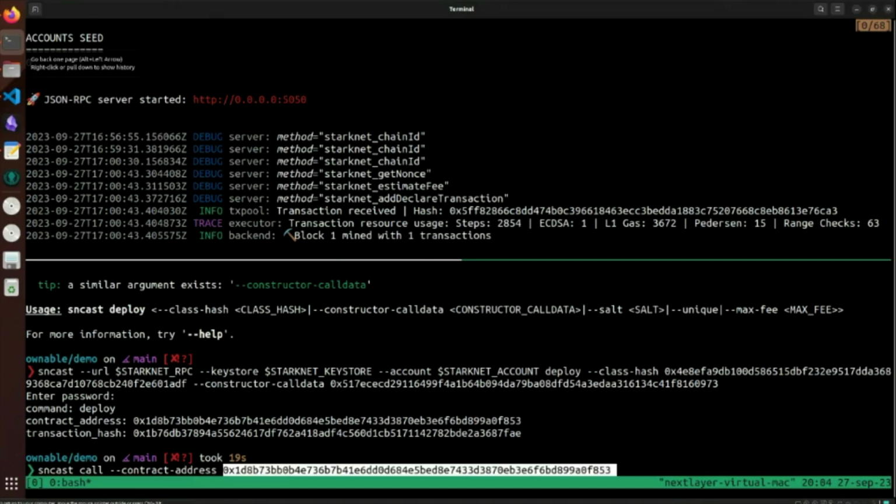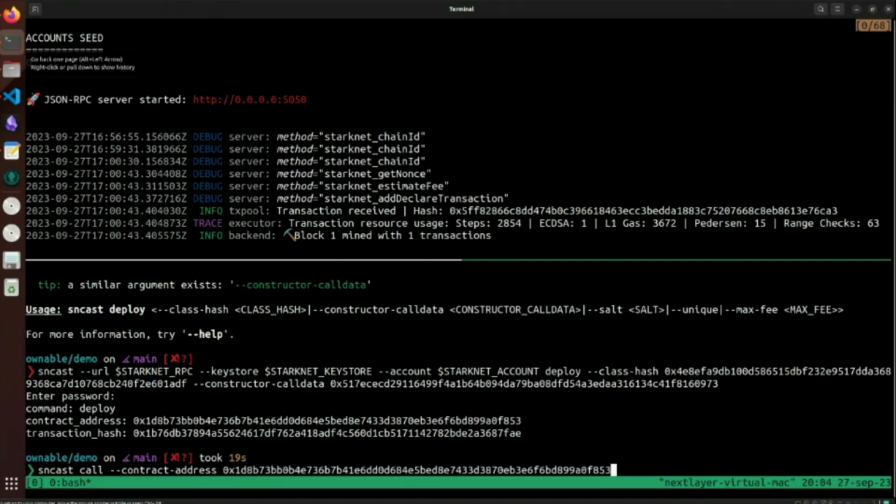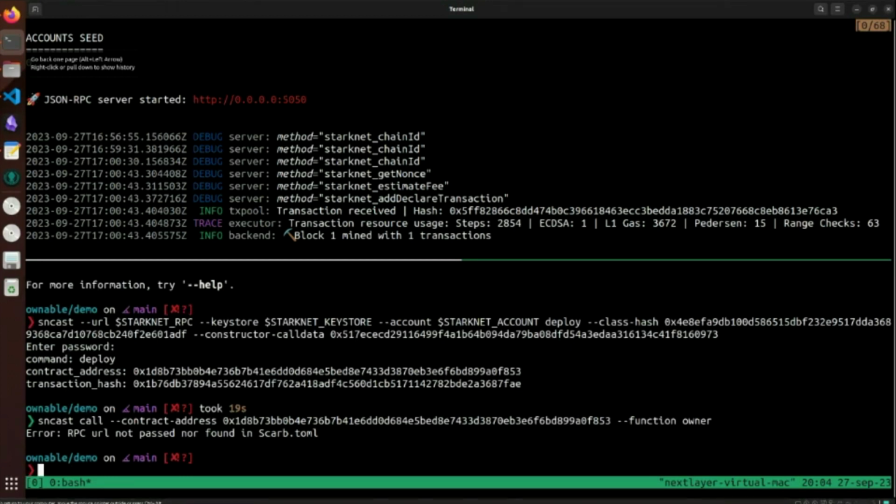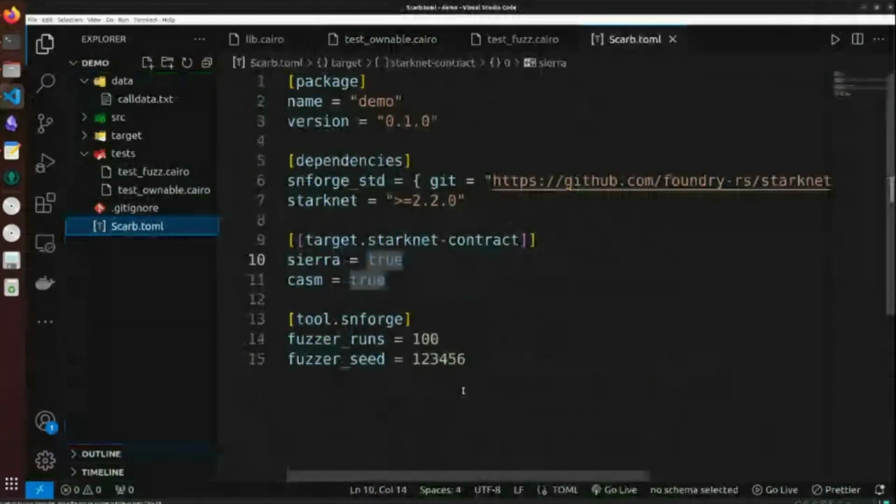Hope I don't mess up anymore. Let's see, the contract is the same, that's good. And then a function, and I'm just going to say owner, to actually see who is the owner of that function. RPC URL is not passed in. Okay, I forgot to mention, I do have to pass the RPC as well here. So to pass that function,